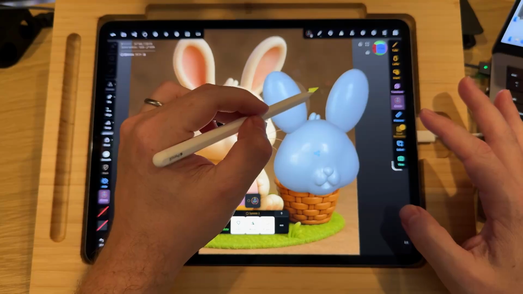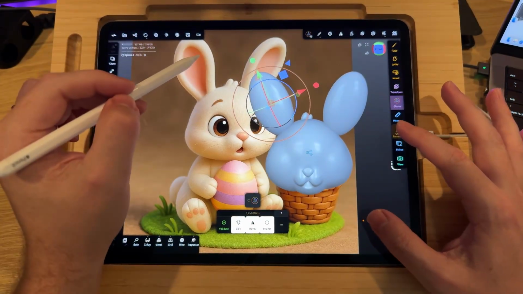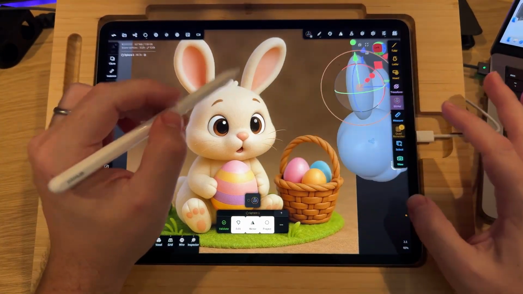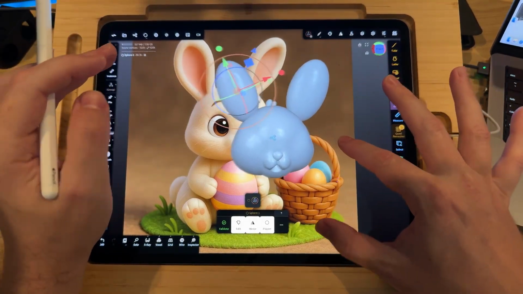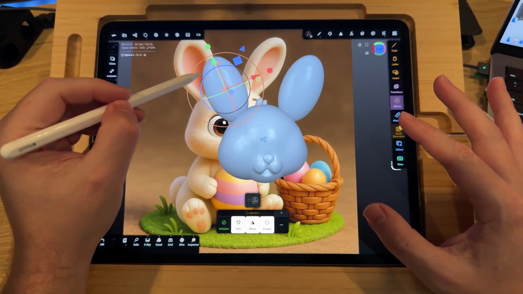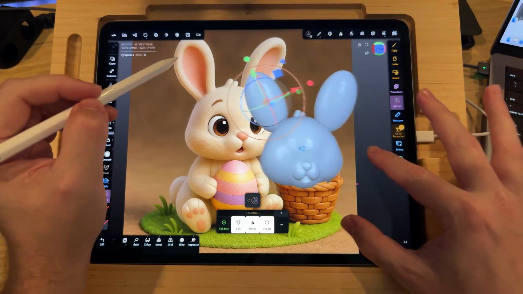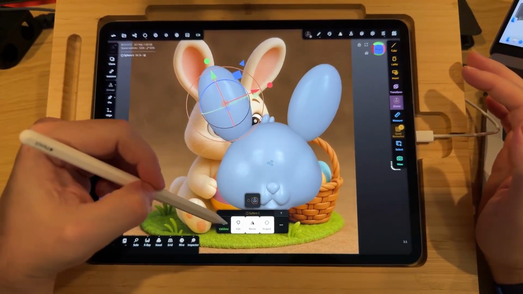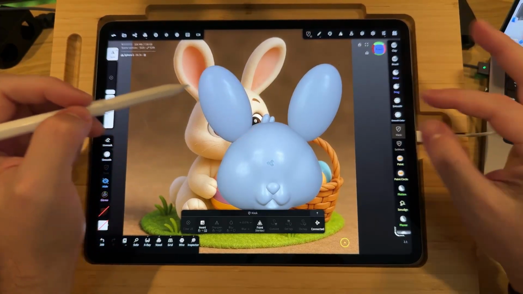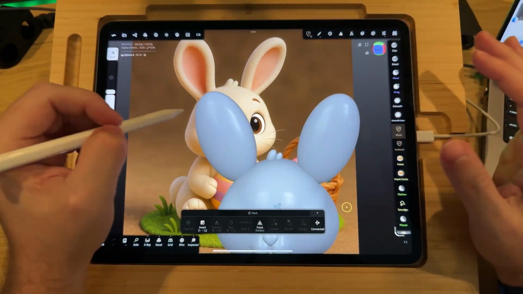No? Trying to make sure that the gap looks right between the tuft of hair, the side of his head, the angle of the ears. Yeah, that's fine. Okay, so we'll validate that,